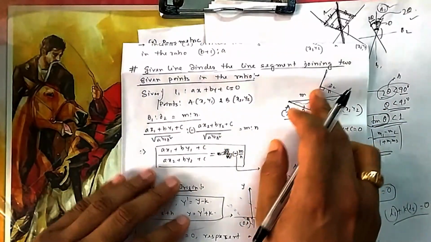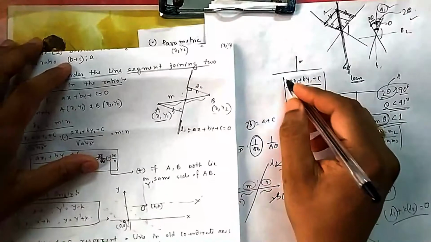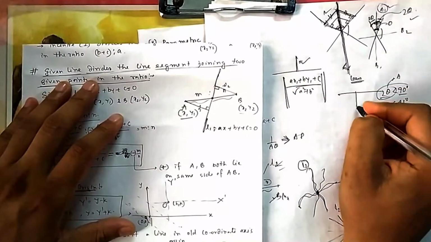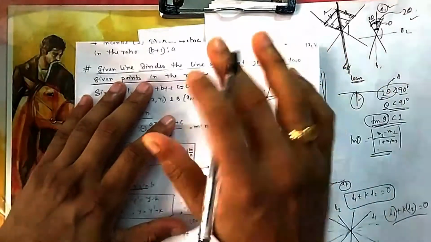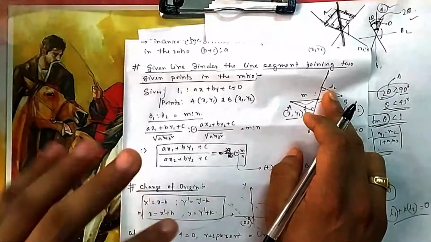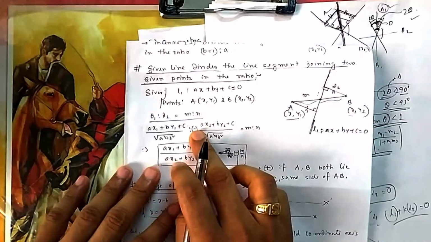because this distance we have considered as mod, this is the perpendicular distance. It can be this type also, it can be this type also. So this perpendicular distance can be on either side, so any one can be negative. There will be opposite sides. So that's why I have taken minus here.